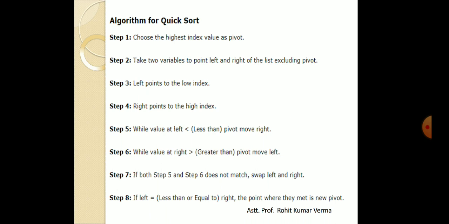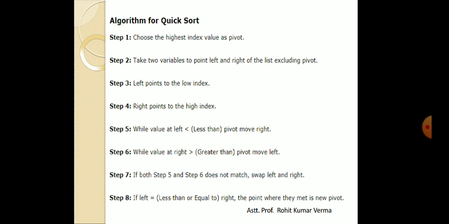What happens in case of quick sort? First of all, you have to select the pivot point, then you have to set the left point and the right point, and after that you have to compare with our pivot element. Okay, so dear students, first of all we start from the left side, compare our value with the pivot element, and find the value that is greater than the pivot element.